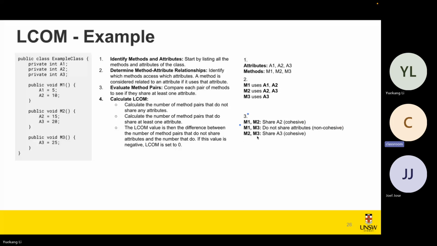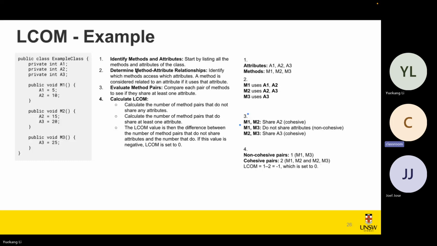And M2 and M3, they share A3 here. And then we have a non-cohesive pair, which is M1 and M3, we have 1. And we have two cohesive pairs, M1, M2, and M2, M3. And we just use 1 minus 2 to calculate the lack of cohesion